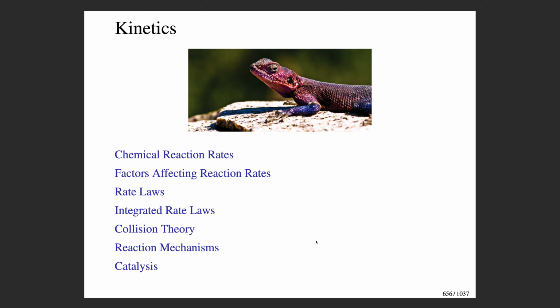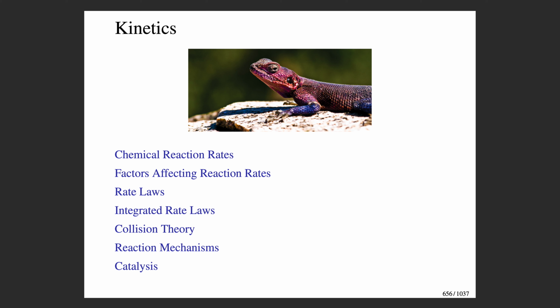Okay, guys, in this video we're going to start off the next chapter. This is chapter 12, which deals with chemical kinetics, and these are the different sections that we have here. So we're going to start off with chemical reaction rates, and the figure here, this little critter sitting on the